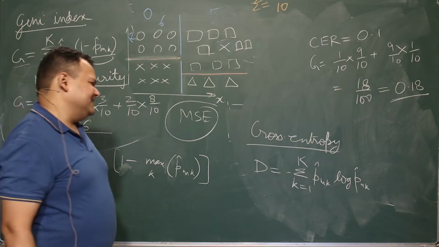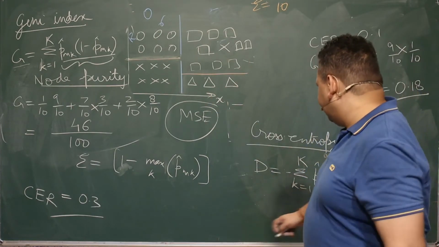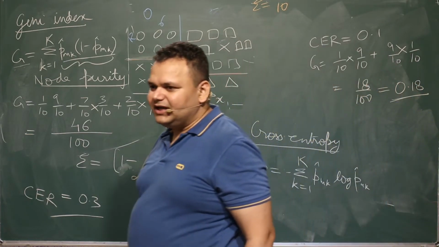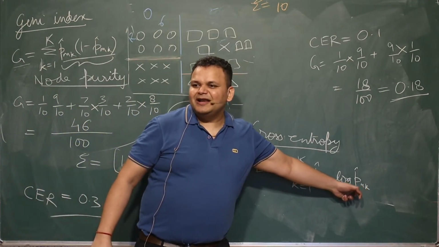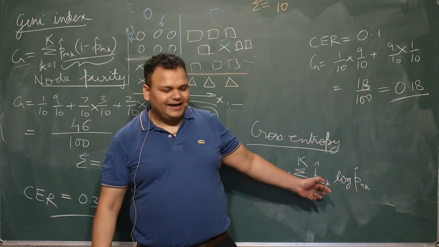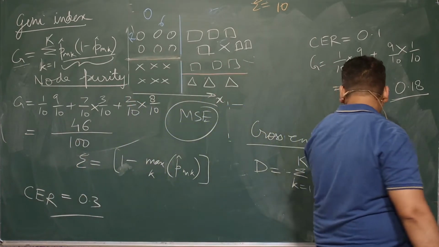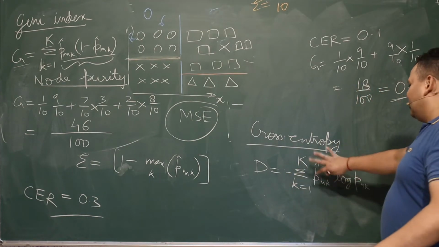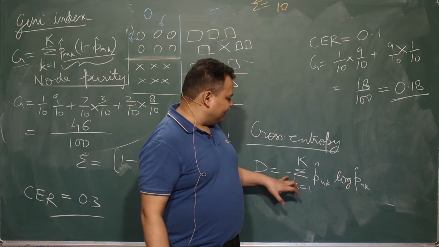What is this doing? Even if you do the mathematical calculations, they turn out to be very similar. In this case, what is log PMK going to be, a positive or a negative quantity? Log PMK is going to be a negative quantity, because PMK is either 1 or less than 1. In all those cases, the log value is less than or equal to 0. So this is a negative quantity, therefore we put a minus sign in front, because we want the error to be a positive quantity.